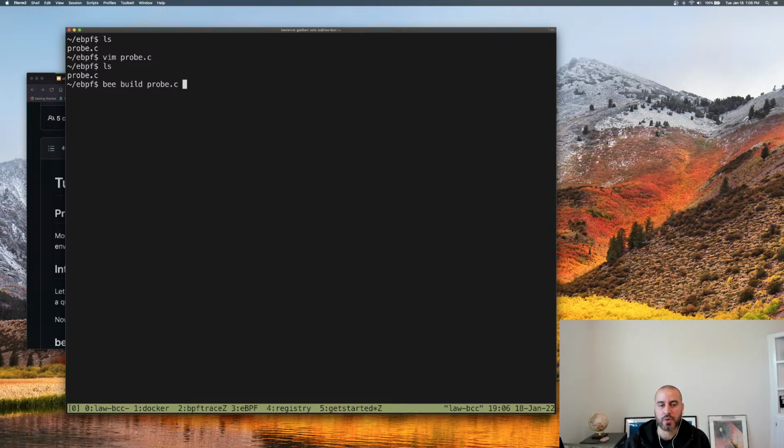And so what we'll do is build this program that we just wrote. We're going to build that into an OCI image, and we'll call that my_probe. And since it's an image, we'll tag it with v1. So b build the file that we want to build, and then the OCI image that we're going to package it as. And so we compiled it, and as you can see, it says we wrote it to this probe.o,